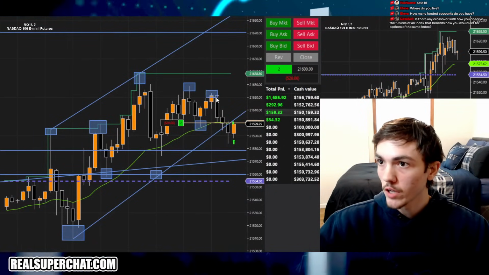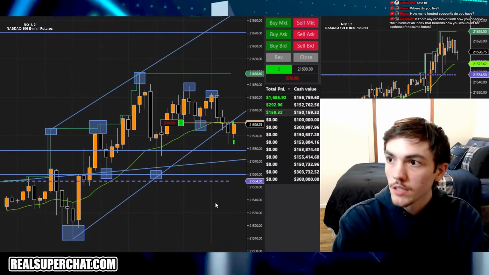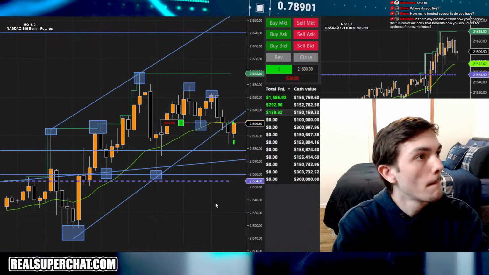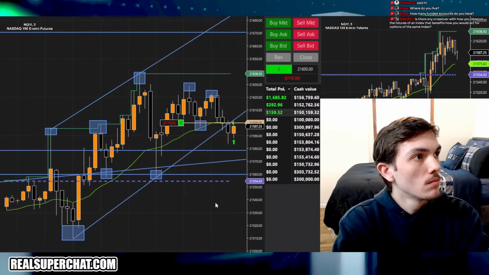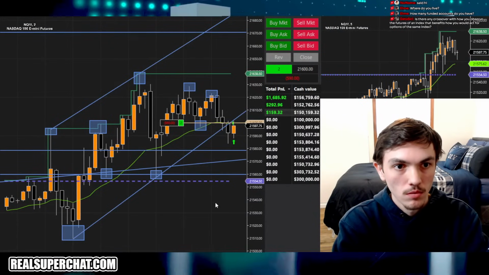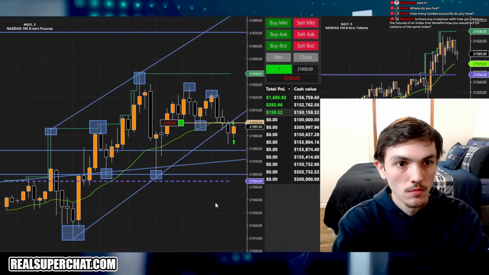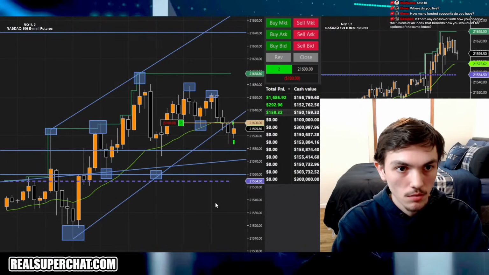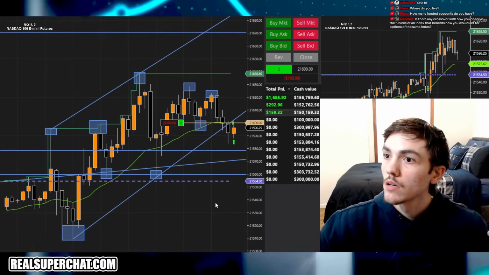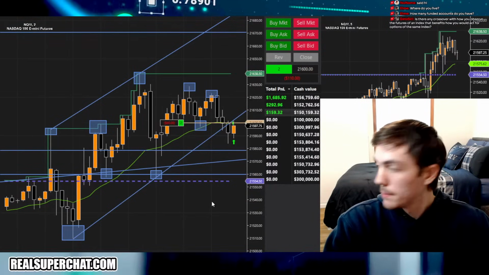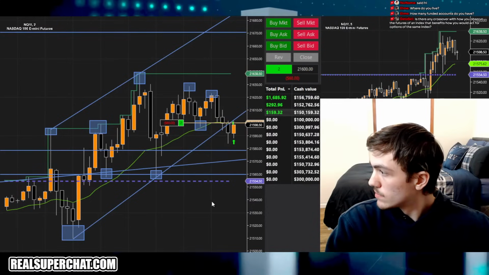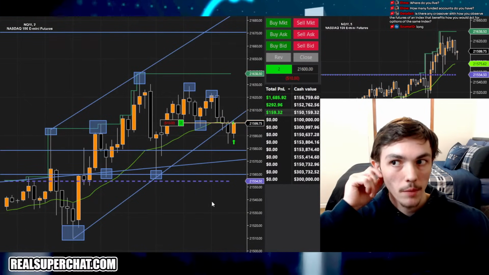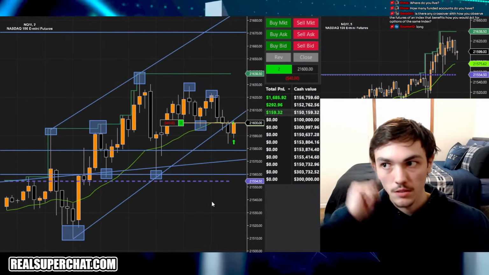Up 20, up 40. Let's see if it has the power to break through this 20 EMA and break back into this range. ES coming down. Could have been manipulation. We're trading near a pivot point, so I don't mind it that much. We're down 150, down 100. I am long. Make sure you guys are holding your own trade conviction. I'm not a financial advisor. This is not financial advice.